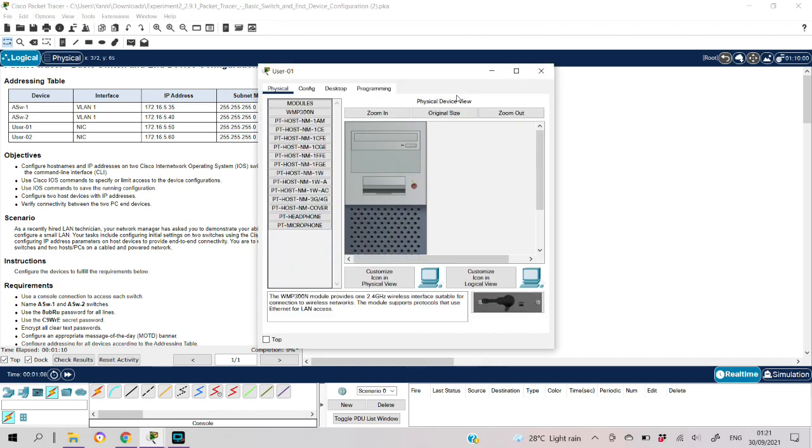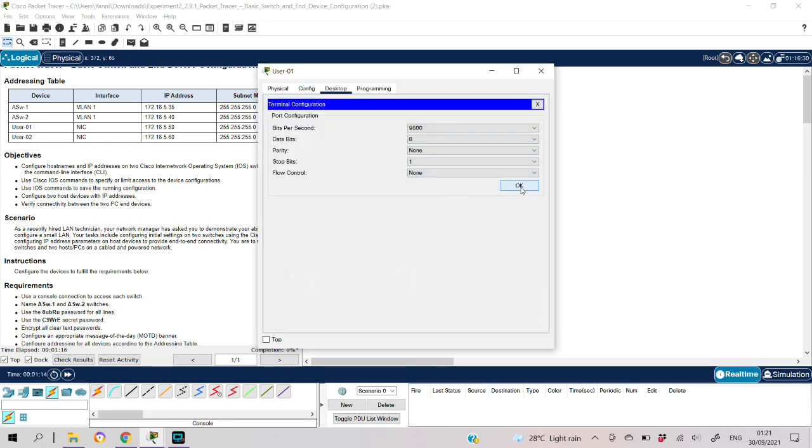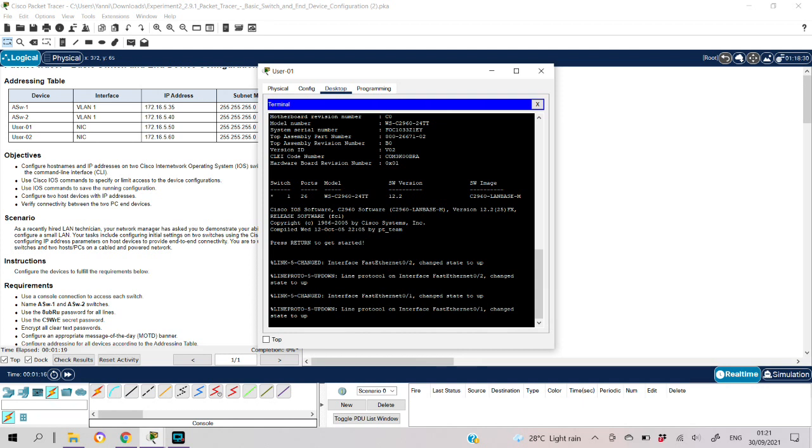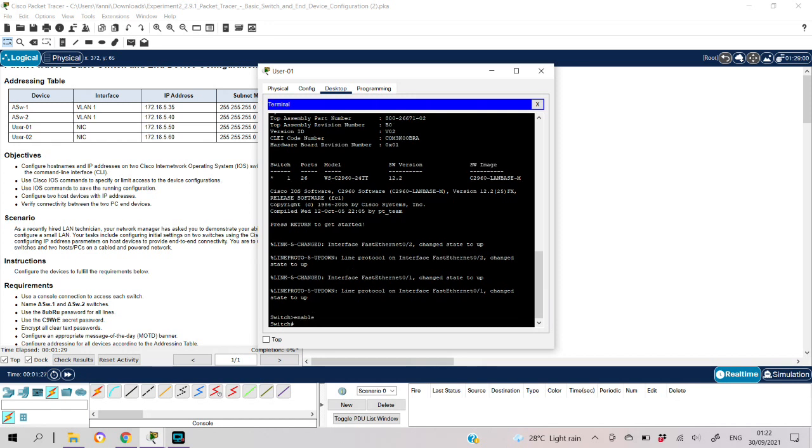So we will click the P user 1 desktop and then terminal, then OK. Let's press enter, and as we can see, we are already in the terminal. So first we will enable the privilege executive mode, and then we will